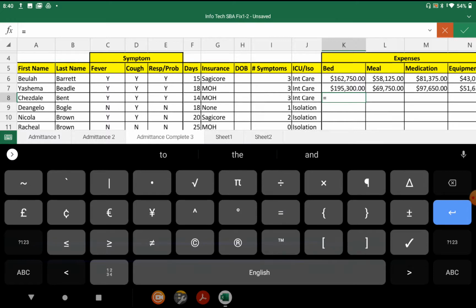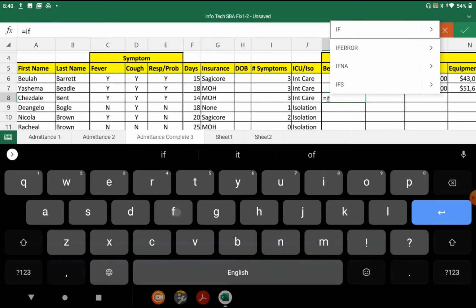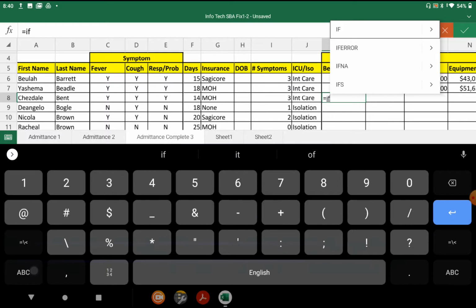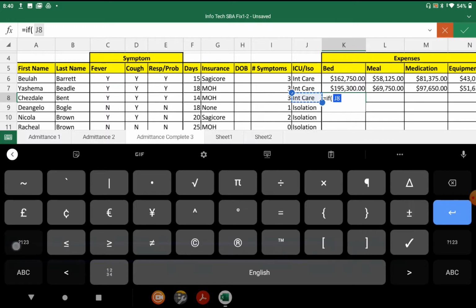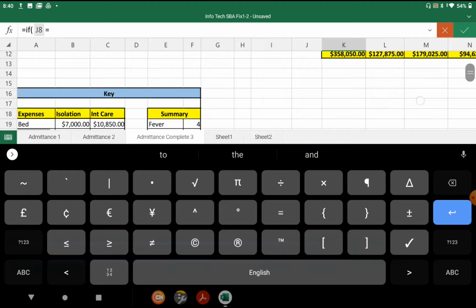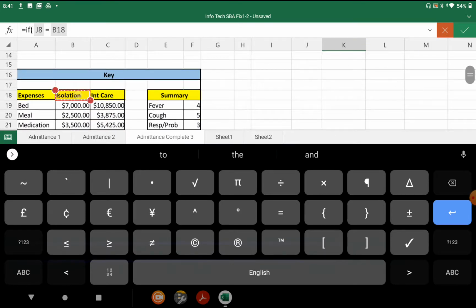So we are saying equal if, open bracket, if J8, because that is where my ICU intensive care figures are. J8 is equal to, and we're working this for bed because we are in the K column for bed. So if J8 equal to isolation, then,